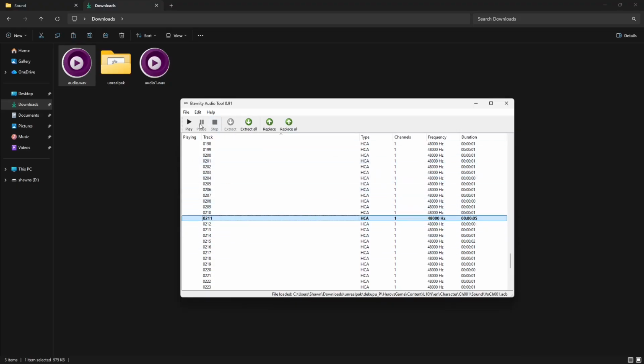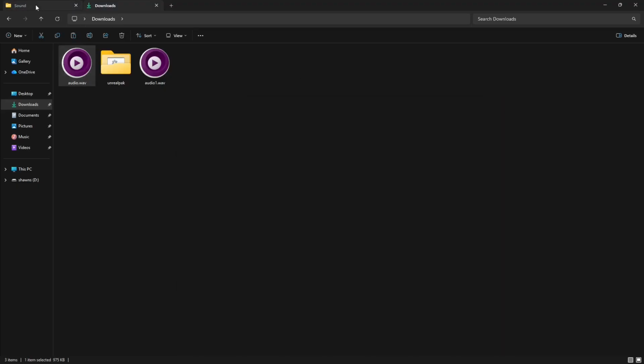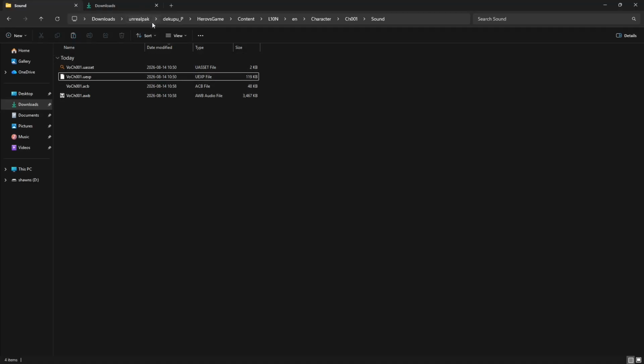So now I can save. So you can do Control S, or you can also go up here and do File, Save, and then press OK. And if you go back, just make sure it isn't bold anymore. So it's not bold anymore, so it's saved. So you can close out of this now, and then go back to your sound folder with all the ACB